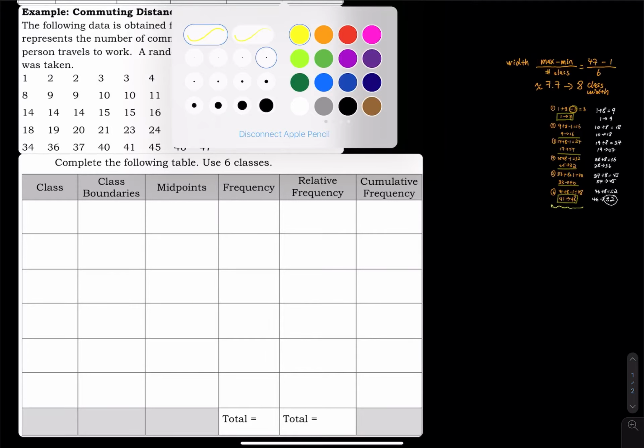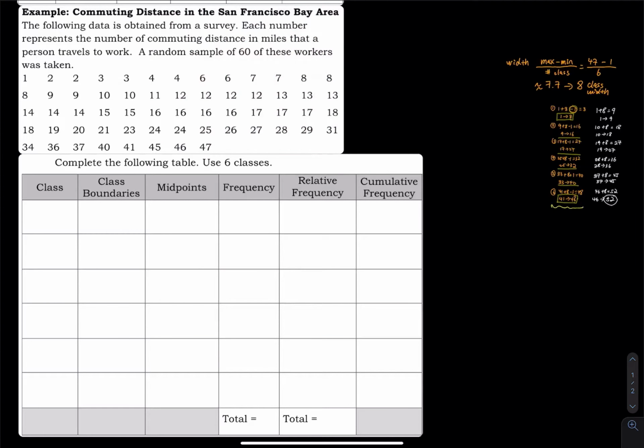So the first column is a class, right? So we already decide the class. This is 1 to 8, and then 9 to 16, 17 to 24, and then 25 to 32, 33 to 40, and then 41 to 48. Now,